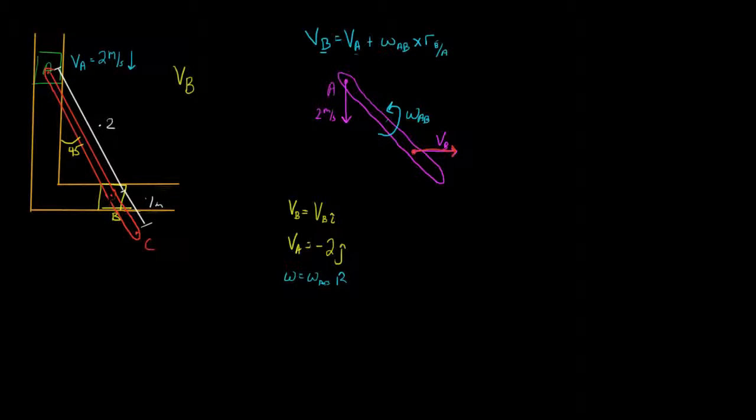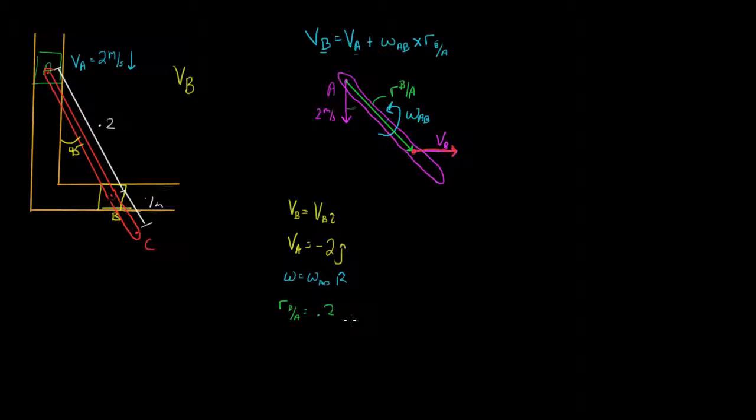And this position vector of B with respect to A, since it's with respect to A, it starts at A and it goes to B. So this is our position vector, r of B with respect to A. And what is this? Well, we know that this distance from here to here is 0.2. This angle from here is 45. So our position vector is going to be this 0.2, this distance from A to B,